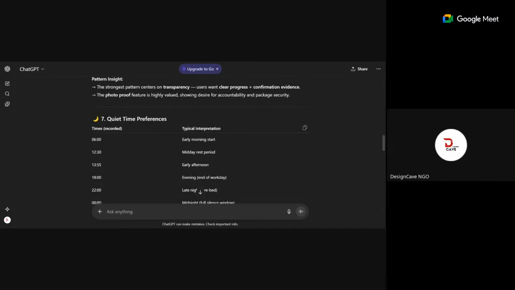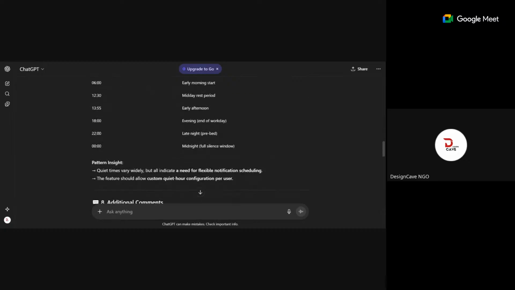Now we asked them for quiet time preferences. Would you like to set a quiet time during which you should not receive non-critical notifications? Like saying, when there is no issue, you've just told me shipping, or just told me a rider picked up and the rider is on the way, except maybe there is a rider stopping or maybe a little mishap at this particular time. I don't want you to drop me an update.